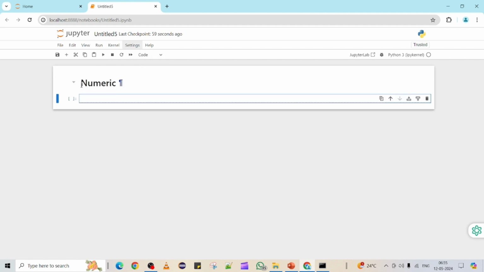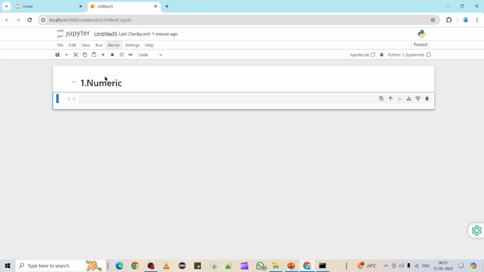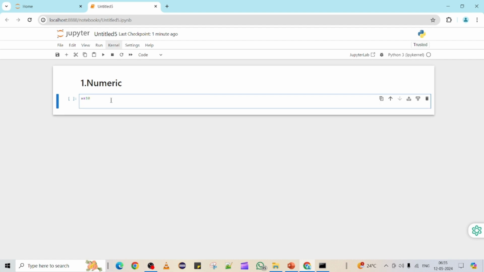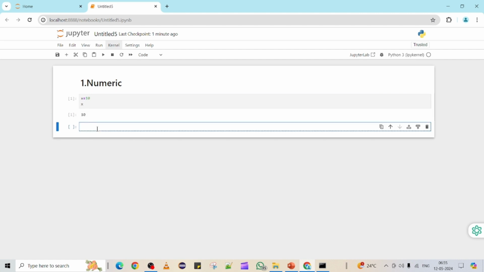Under numeric we can define different number related types. For example, integer: x equal to 10, and this is an integer. If you want to print it, you can type x here and display the number. Similarly, if you want to declare a float variable like amount, for example 12.35,